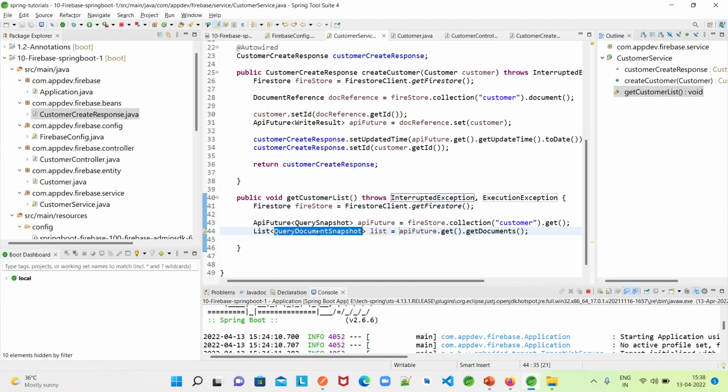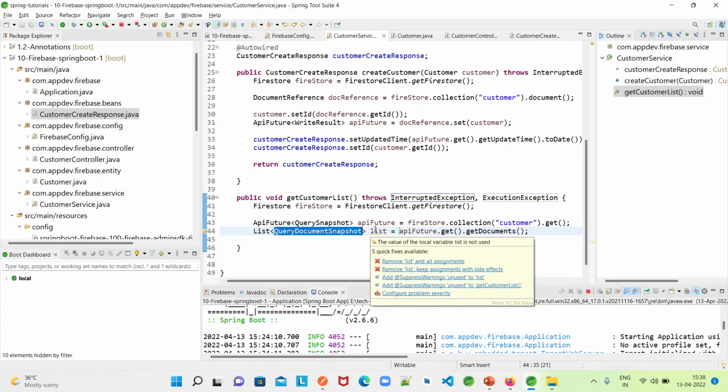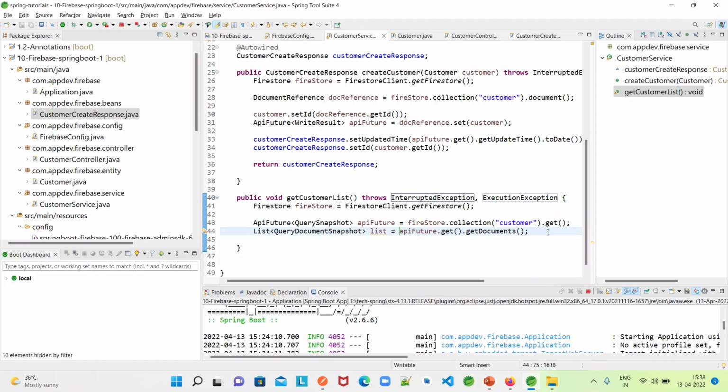But I want to return the list of customer objects. So I have to convert this list of query document snapshots into a list of customers. How can I convert one list into another list? Either we can loop through this list and convert each and every element of the list of query document snapshots into a customer object, add that customer object to the list of customers and return it. That is one traditional way of converting, looping through the list items and doing the operations on each of the list elements. But we can also use the